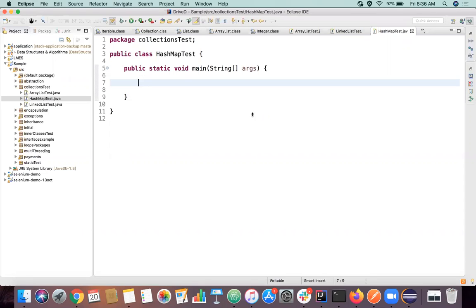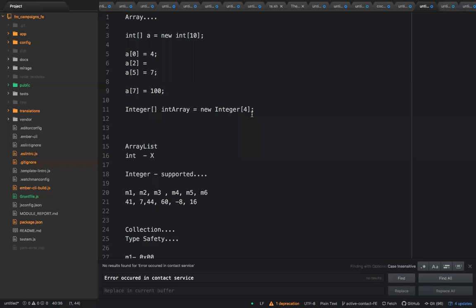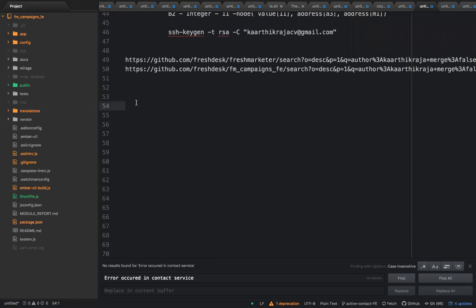It's just a key value pair. A key is mapped to each value. That's where the word map comes from. Key value pair, as Vinay said. So a map is something which has a key and it has a value, like how we have a dictionary. A dictionary has some key and it has some meaning towards it. Similarly, a hash map is something